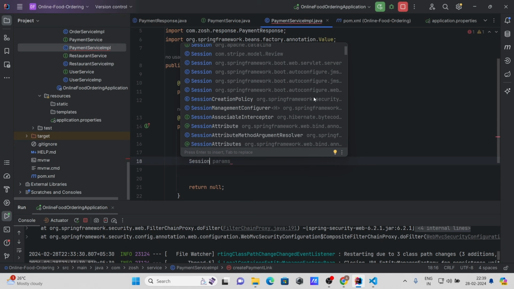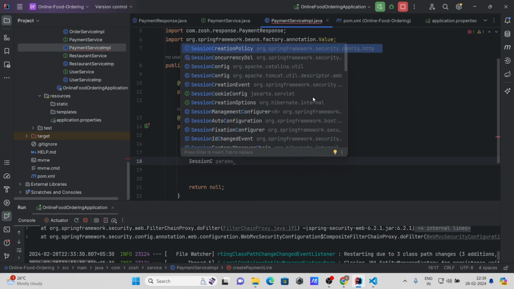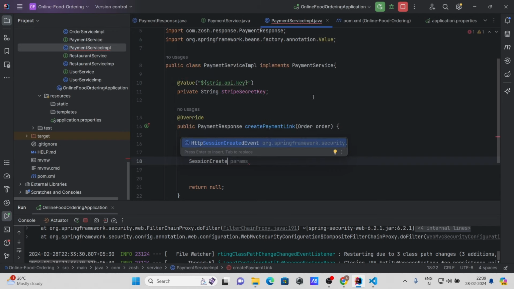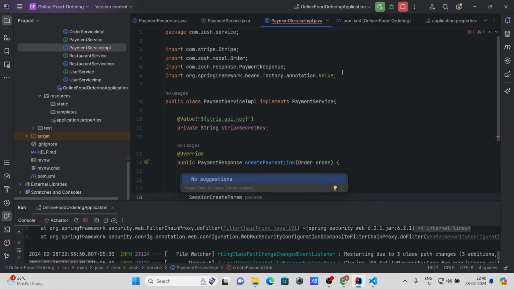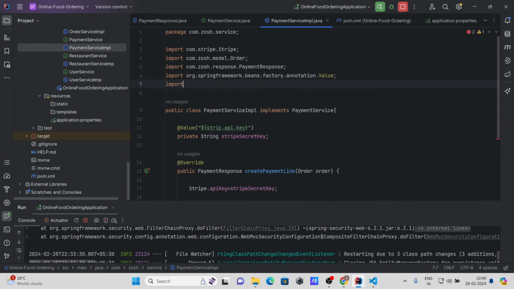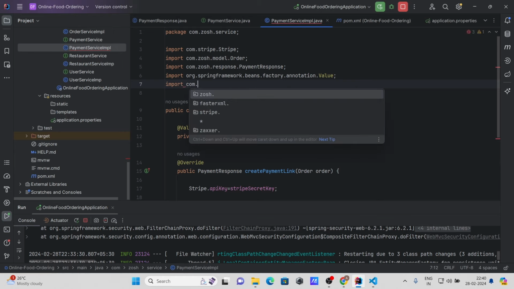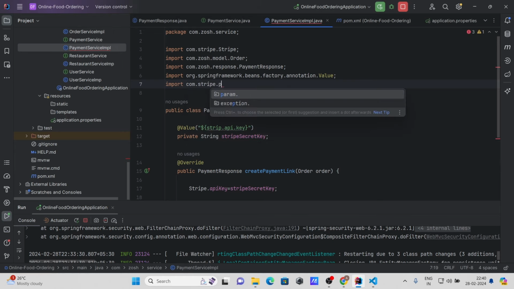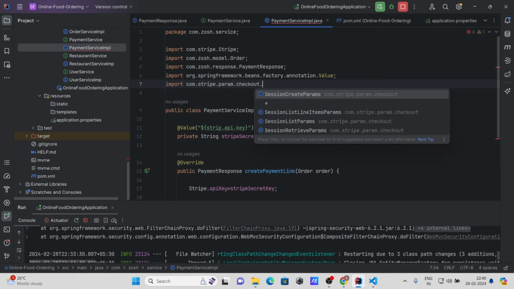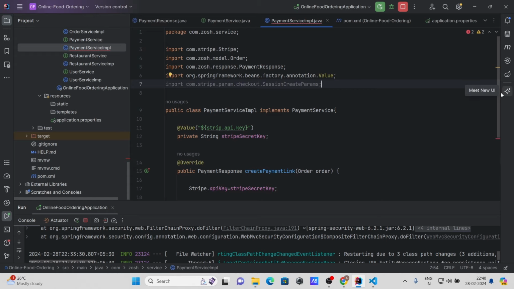Session create param. Okay, let's go to here, import com.stripe.param.checkout.SessionCreateParams. Okay, let's import it manually. Now